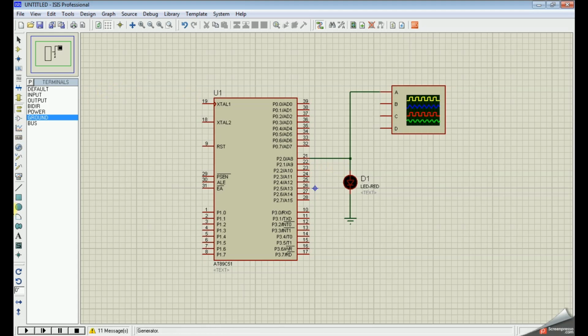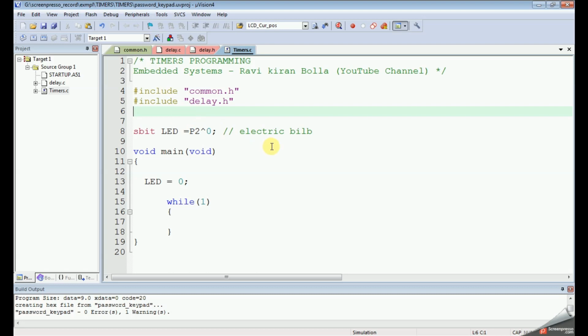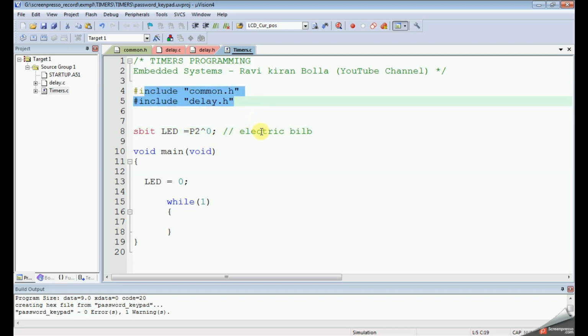Next, in the program, I am using separate .c and .h files for delay and the main timer.c file. These basics and how to do this separation we already discussed in previous videos. I am just going to write the main logic here.